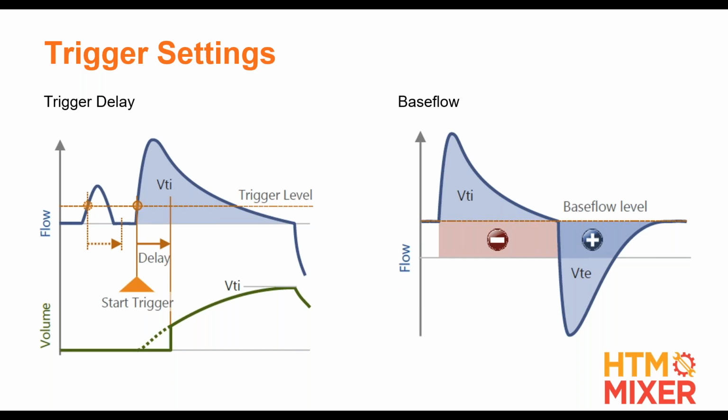So if you get a little blip like we show here, this is a pretty nice clean one. It would probably just be a spike in real life. And instead of starting to say, oh, that's my next breath, the analyzer will say, it didn't maintain it for as long as my delay, so I don't count it. But once I start getting the real breath, now my pressure is above, or my flow is above my trigger setting, and I'll go ahead and count the entire